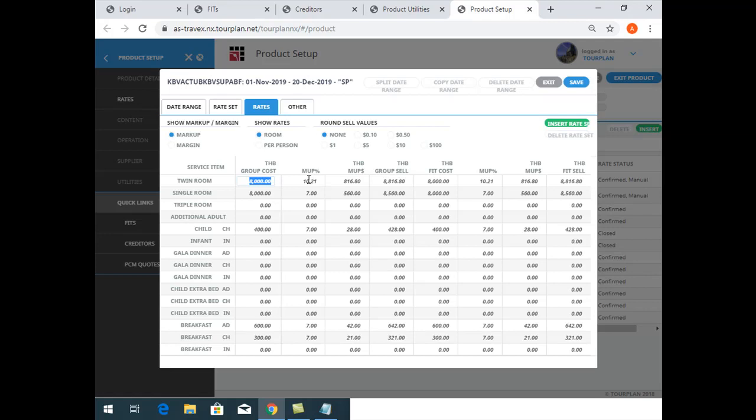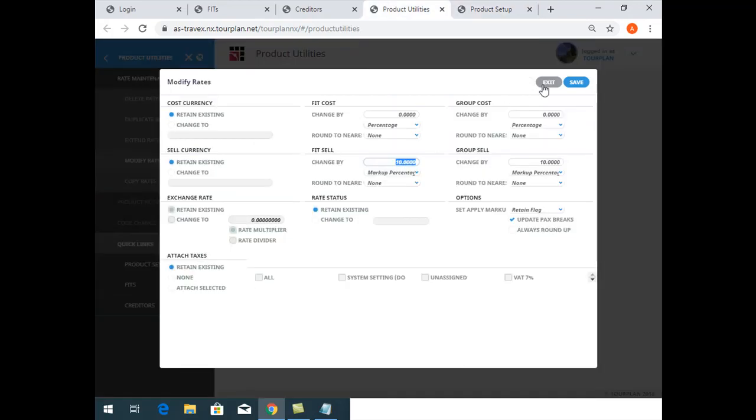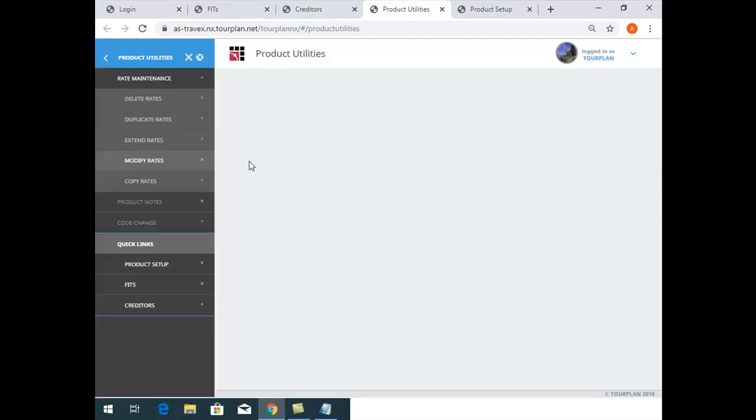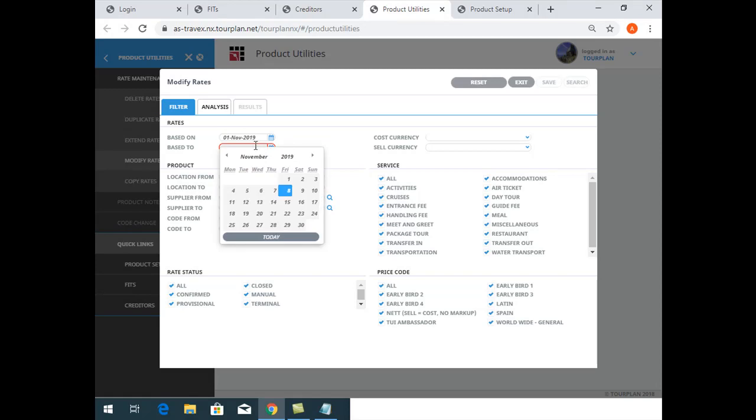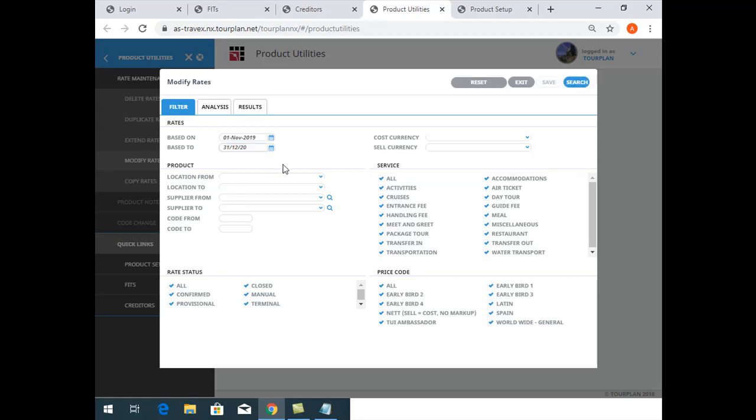Flat rate, changing this one. Okay, so this is modified. It also helps you to do the early bird one, let's say you do not want to calculate yourself. Of course, you need to insert the early bird products and also the price codes first. So I know that the early bird one for tube cake